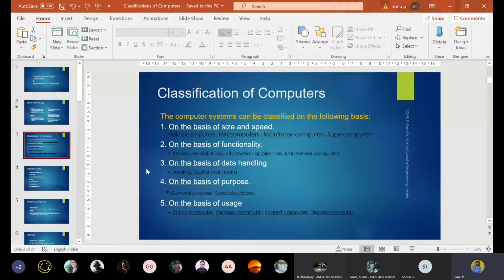This is not dedicated to a personal purpose. This is dedicated to server machines. That is a special type of handling, such as database handling. So only specialized people will have access to these kinds of devices. And the processing speed will be much higher, because, for example, the Google server room has a lot of requests coming into the Google server in a small amount of time. So in order to serve millions of requests per second, that much processing speed is needed.